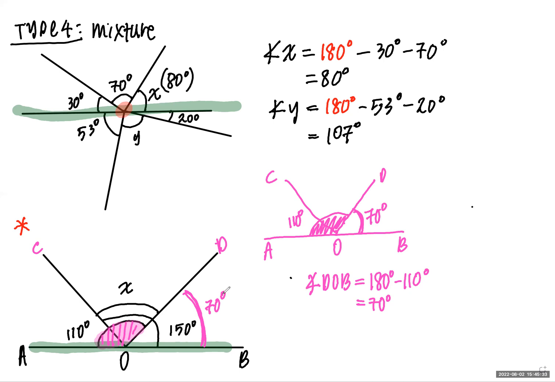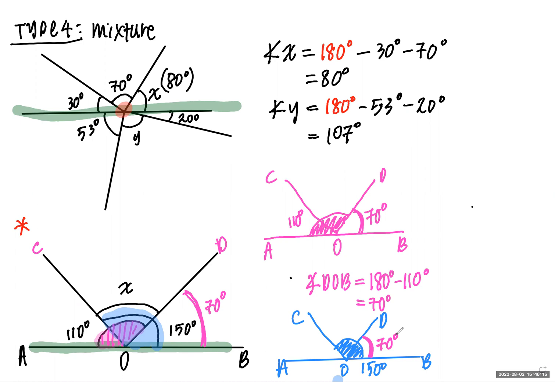Now I'm going to separate out the one in blue. Why? Can you see here is 150? 150 is referring to this angle here. 150. Understand? And that's when I'm going to separate it out. Here is A, C, O, D, B. This whole thing is how much? 150 degrees, right? For two angles, correct or not? And just now we already found out from the pink one that DOB, part of this 150 is 70 degrees,